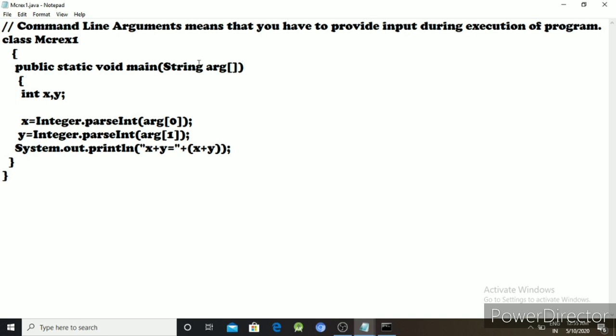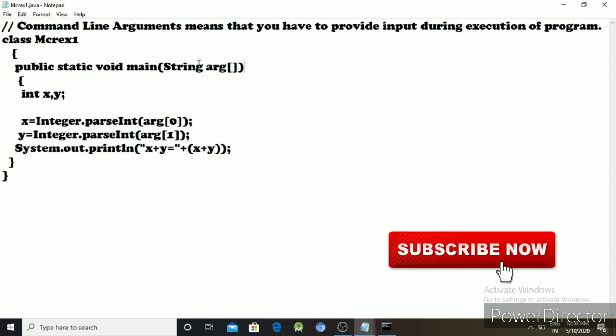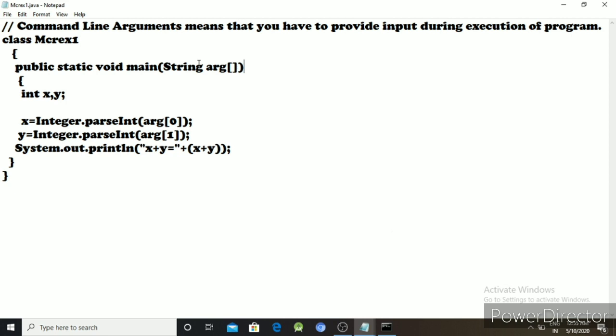So there are two methods used to take input from the user: the scanner class and the command line argument. So you can solve many programs using the scanner class and command line argument. Hope you understood the topic of scanner class and command line argument.